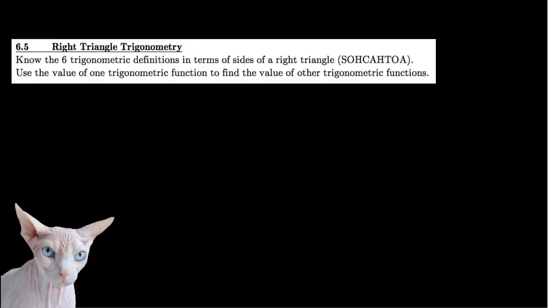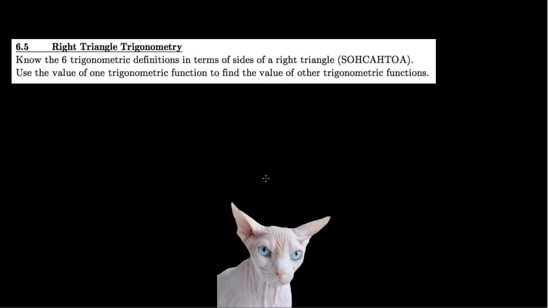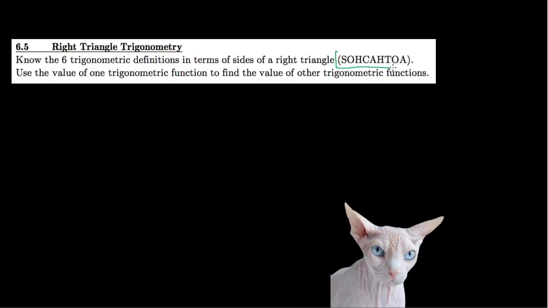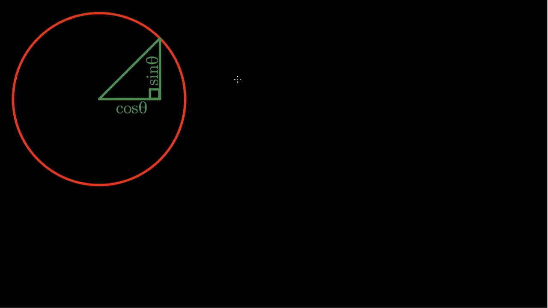The final section in Chapter 6 takes the 6 trig definitions and applies them to right triangles. You've seen this before in your geometry class when you learned about SOHCAHTOA. The first thing we need to do is expand our trig definitions onto diagrams where the radius is something other